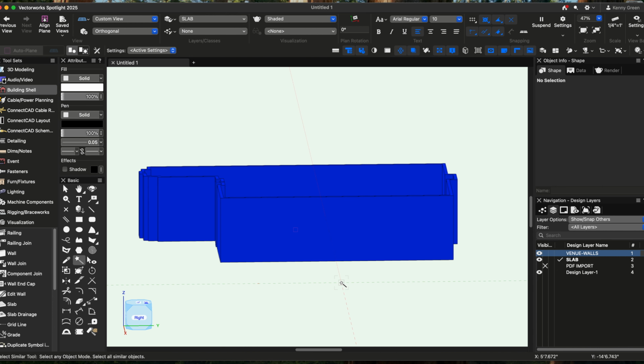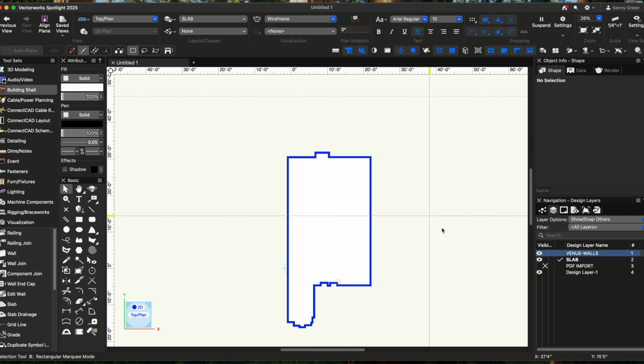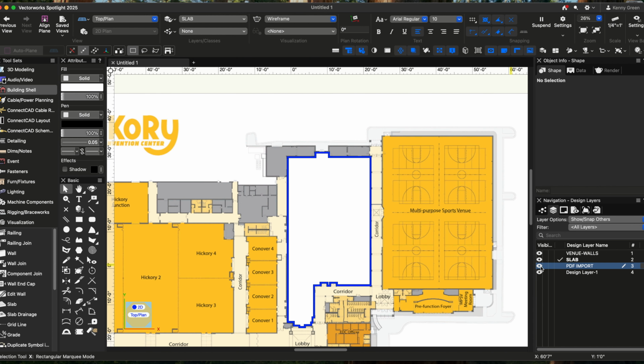I'm going to hit my Command 5 to go back to a top plan view. The next thing that we're going to want to do is put in our doors and or windows if we have any. So we're going to need to turn back on our PDF import, and that comes back in. So now is a really good time